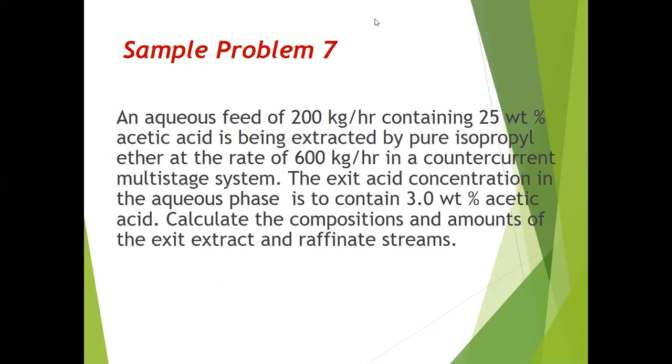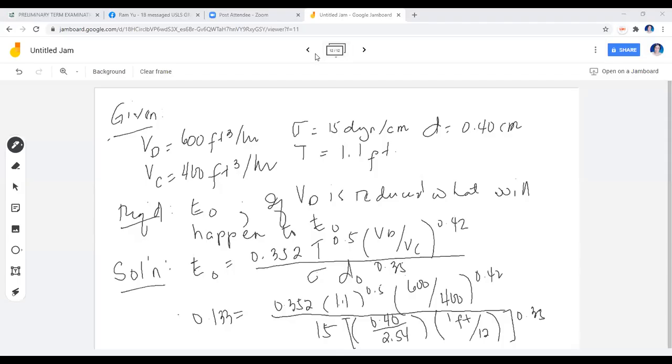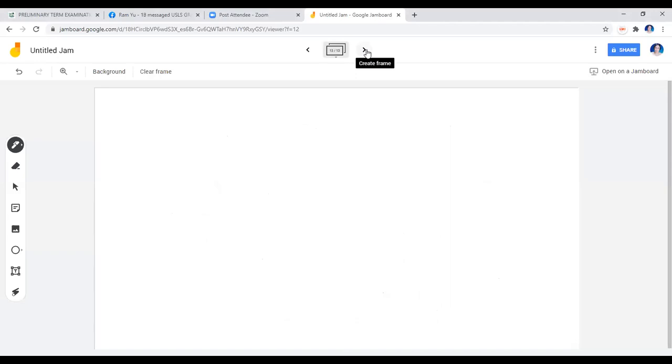So stop sharing here, and we will write down our given information. So if I'll be cut, we'll use the same link as I have mentioned a while ago. So this is our next problem. So the given for this problem, I will just not anymore show the slide. So it's 25 weight percent acetic acid for a feed. So in that case, if it's feed having